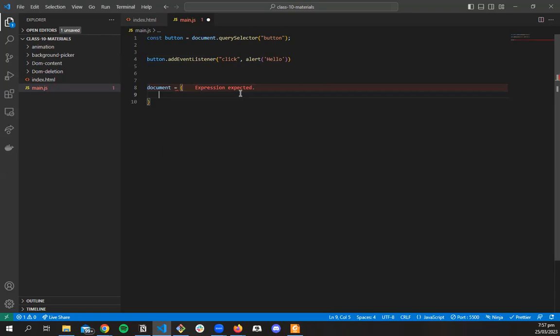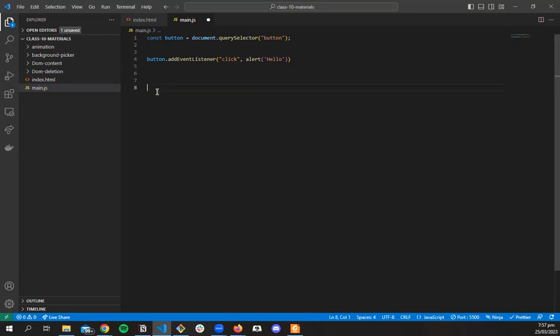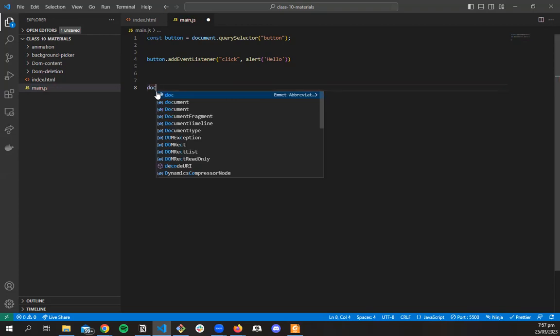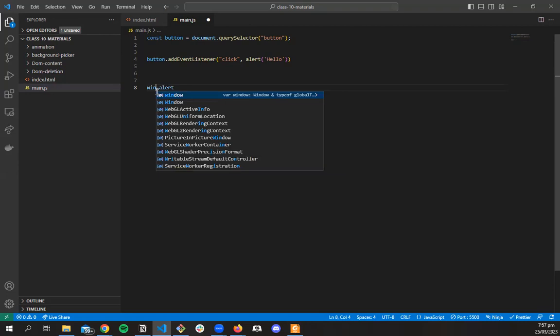Normally we might have to write window.alert or document.alert for it to work, but because it's already tied to it, we don't always have to. It's just a property that comes with